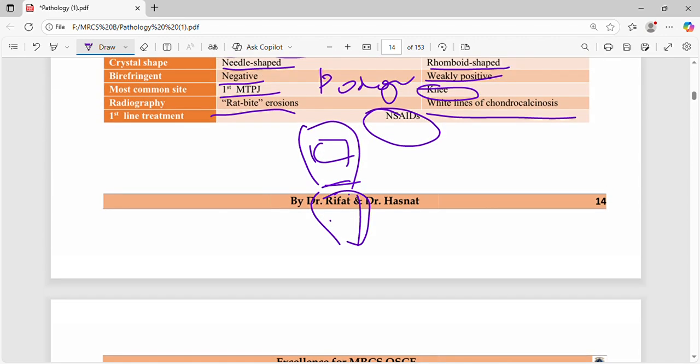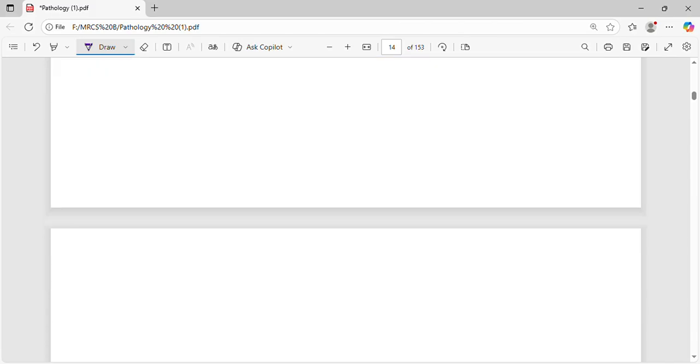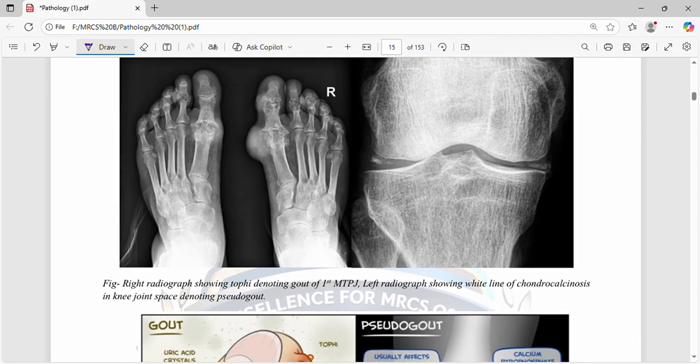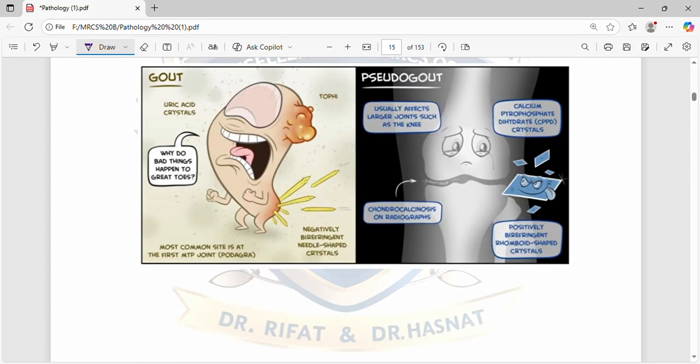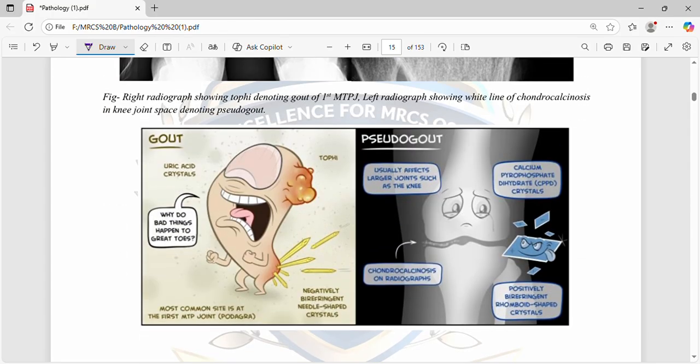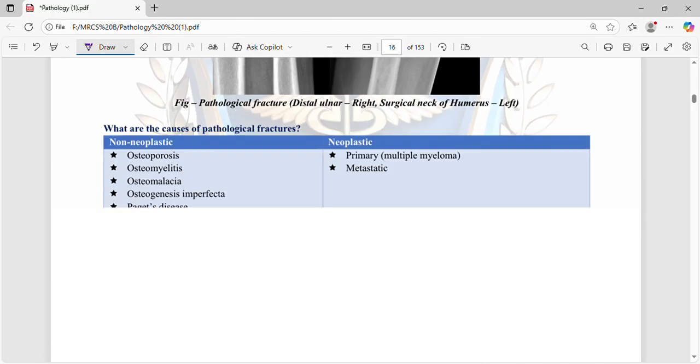In gout there is hyperuricemia, and in pseudogout we usually have hypercalcemia. These radiographs show tophi. This is your podagra, the first metatarsophalangeal joint affected by gout. And here we have the white lines of chondrocalcinosis in pseudogout. So these are the station about the